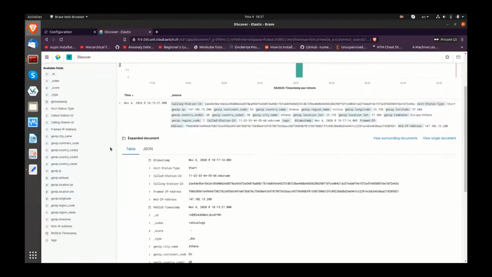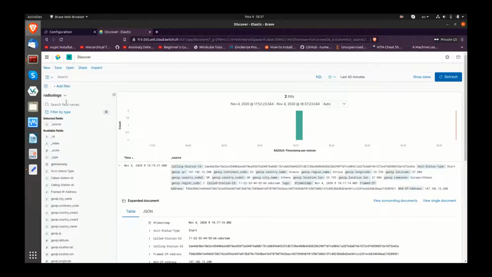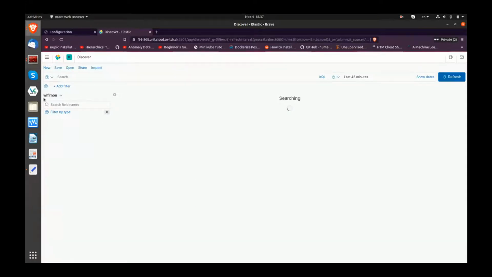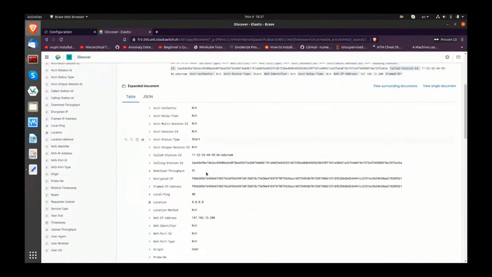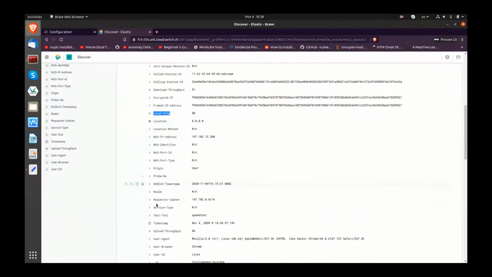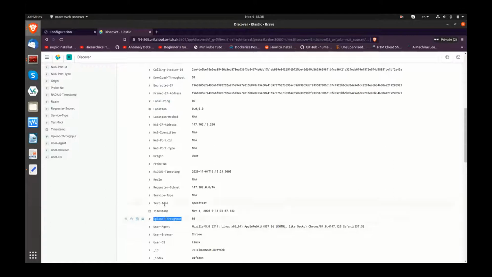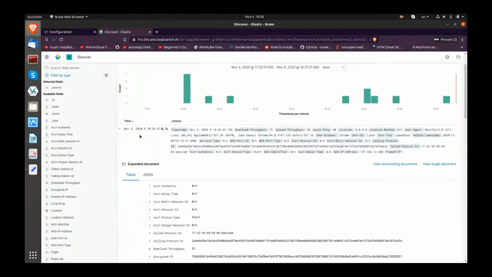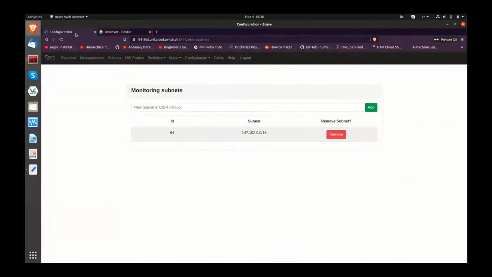Now, the end user measurement we triggered before is probably over. Let me show you what is stored in the Elasticsearch cluster in the WiFiMon index. This is the measurement we triggered before, and as you can see, it includes information correlated with Radius logs, such as the called station ID, the calling station ID, anonymized of course, and performance information, download throughput, local ping, and upload throughput. Apart from the Kibana user interface, let me show you how this information is visualized in the WiFiMon user interface, which includes